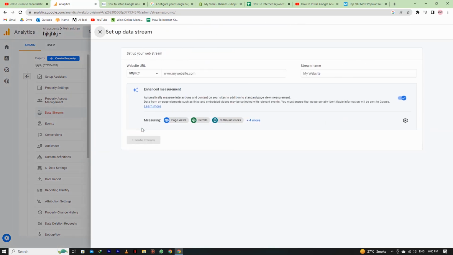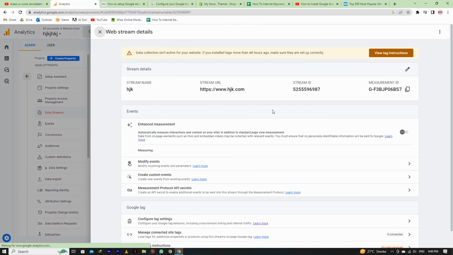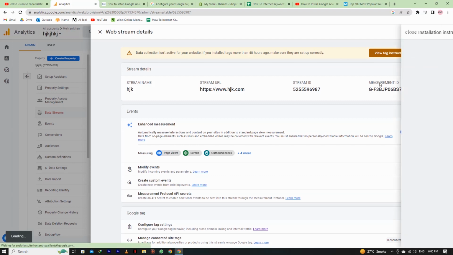Just click here on the web, and now after that here you have to type your website domain. Simply type your website name here, and now click on create stream. So after that, when you click on create stream, here you have to go to view tag instructions. Just simply click here,